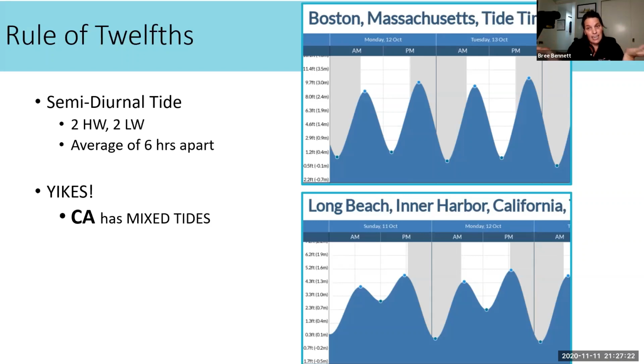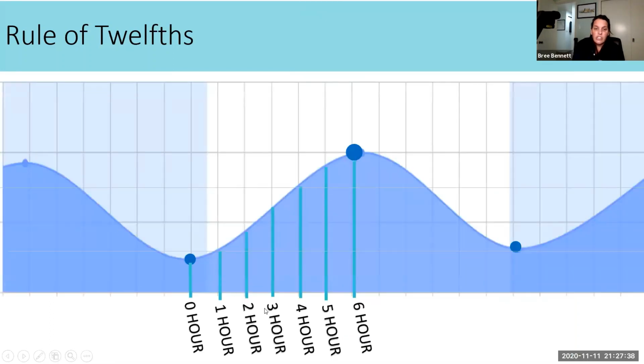California doesn't have that. California has mixed tides. So this is what California looks like, and this is what everywhere else around the world looks like. Not everywhere, but the majority of the world has semi-diurnal tides. Okay, so if we are looking at this perfect semi-diurnal graph,